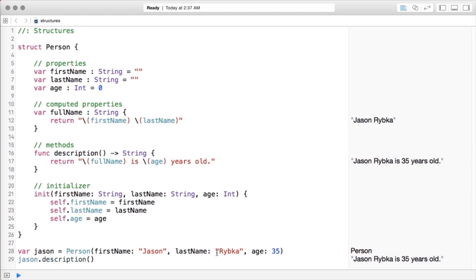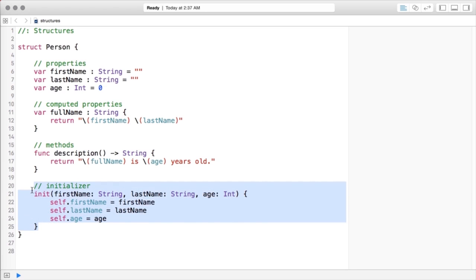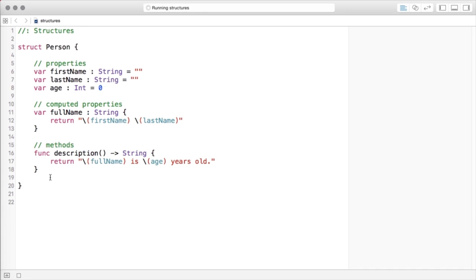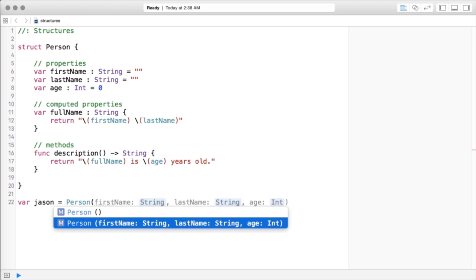But there's something about structures that is even more interesting, and that's this initializer here. So I'm going to just delete what I wrote here for a second. I'm going to delete that completely. And the thing about this initializer is we really don't need it in a structure. So if I go ahead and delete this initializer, then it's a little bit more compact. And when I go to create Jason again, you'll see that if I make him a person,